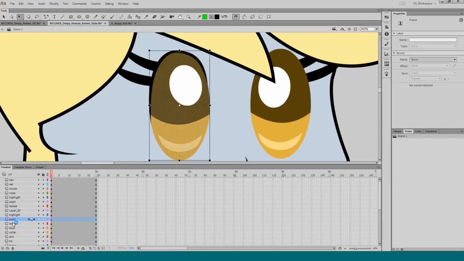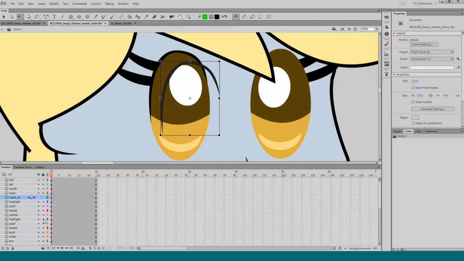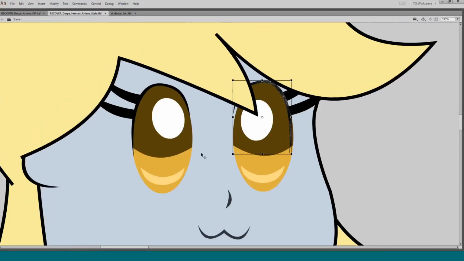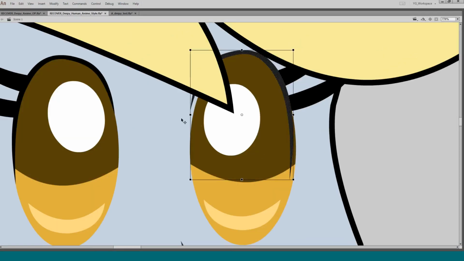Sorry, trying to figure it out. So here's lashes, pupil, highlight, outline. And then lashes, pupil, highlight, and then outline. And then transform, flip it horizontally, and then just match it up. Boop. Okay.